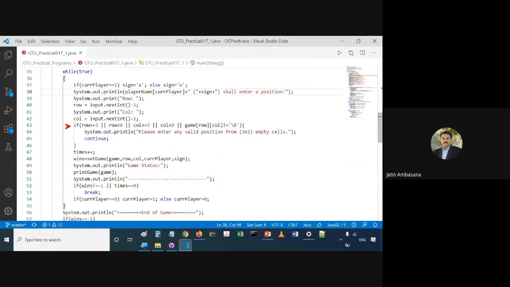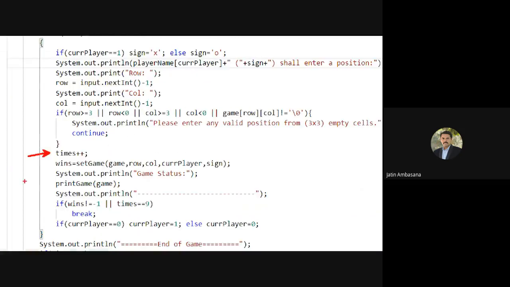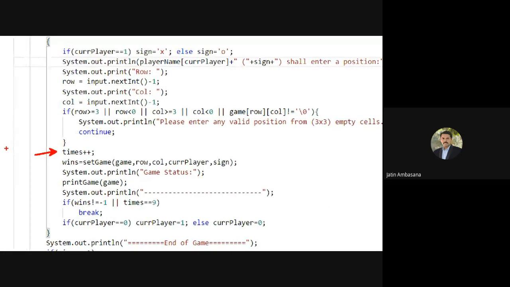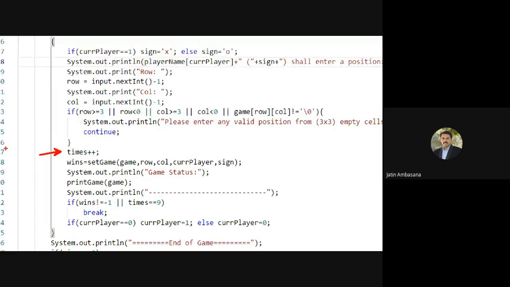Now this if tests the user input given for row number and column number. Once that is done, if the control comes over here, it means that the user input is correct. It is between 0 and 2. So we increment times.